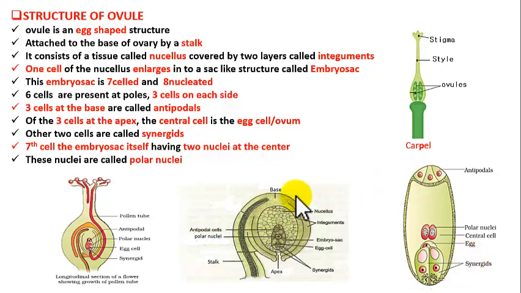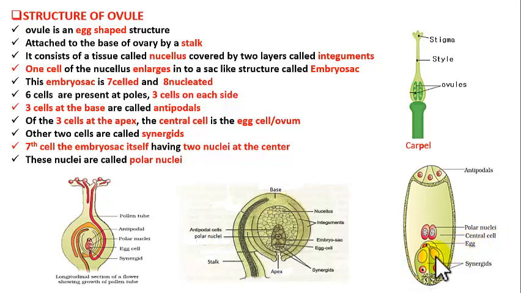This pole which is near the base, students, this is the base of the ovule and this is the apex region. So this region is the apex and this is the base. The 3 cells which are towards the base are called antipodals. So what are the basal cells called? Antipodals. Now the 3 cells at the apex, the central cell among them is called the egg cell, and the